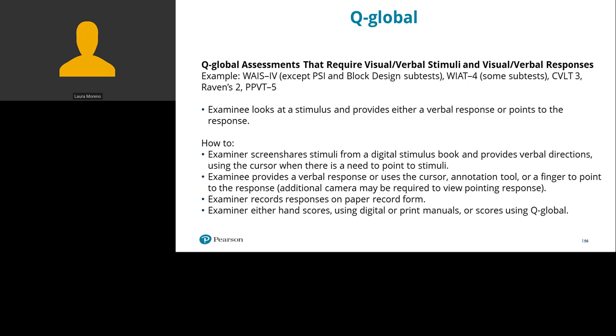The examinee could provide a verbal response or use a cursor, annotation tool, or point to the response, and an additional camera may be required at the examinee's location to view the pointing response. The examiner would record responses on a paper record form and either hand score using digital or print manuals or score using Q Global.